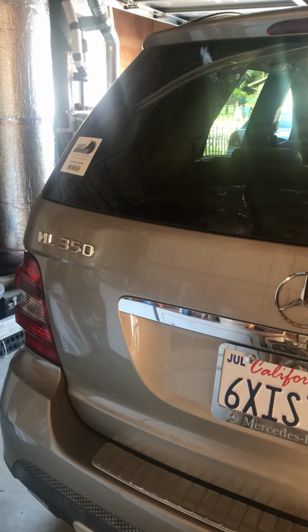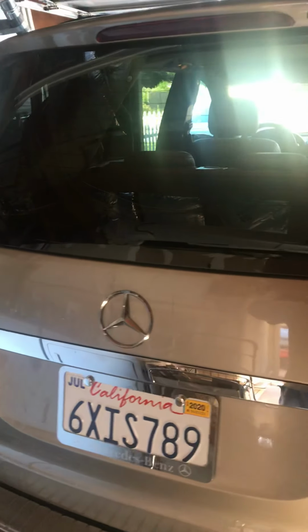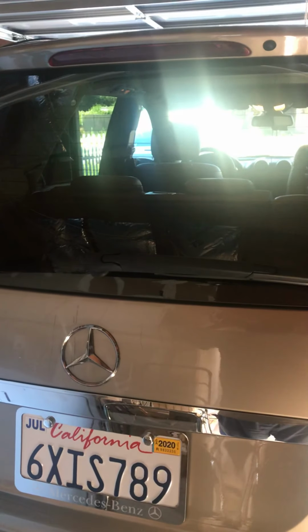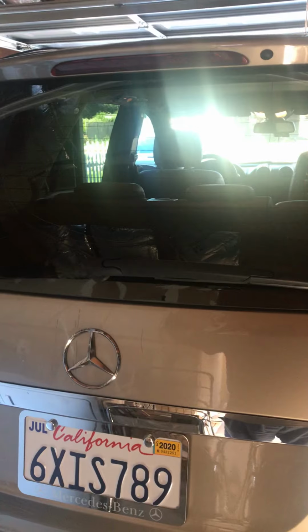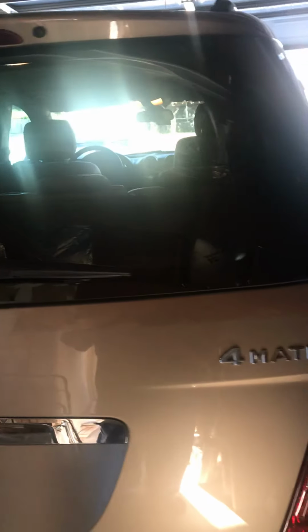Have a 2008 ML350 Mercedes. The dash lights are staying on and flickering on and off every 10 seconds. The windows are rolling down by themselves. The outside lights are staying on by themselves. If you've got this problem,